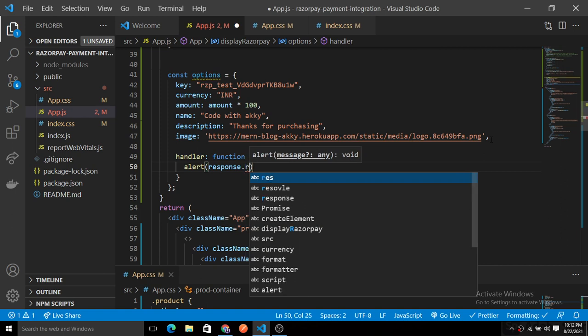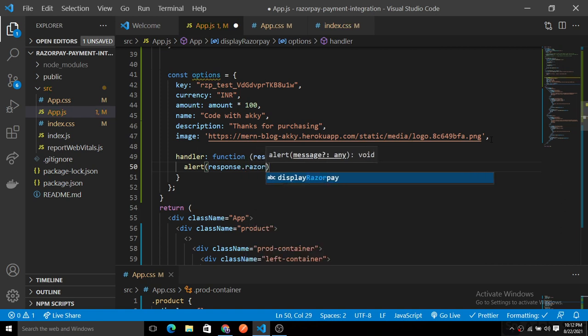So here it simply gives the Razorpay payment ID, and it also returns the order ID. Whatever order ID you provide, it simply returns a newly generated order ID along with the signature. If you are doing a payment with verified signature, then it returns the signature also for verification of the payment, right?